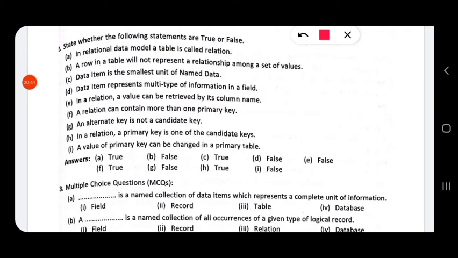In a particular column, all the data will be of the same data type. Then in a relation, a value can be retrieved by its column name. No, in a relation, a value cannot be retrieved by its column name.